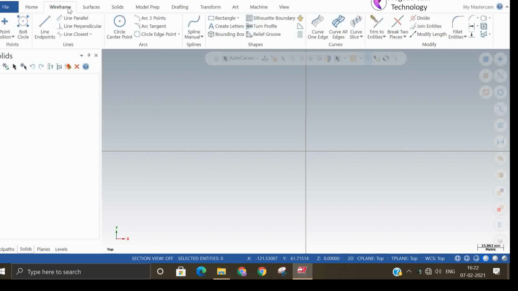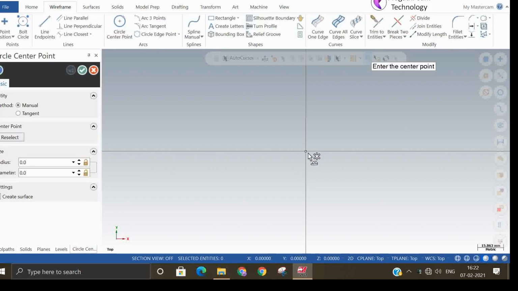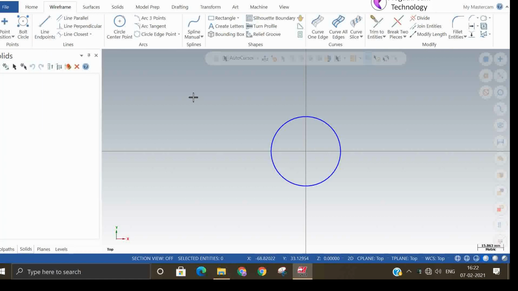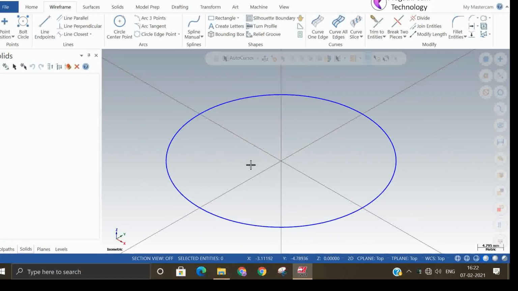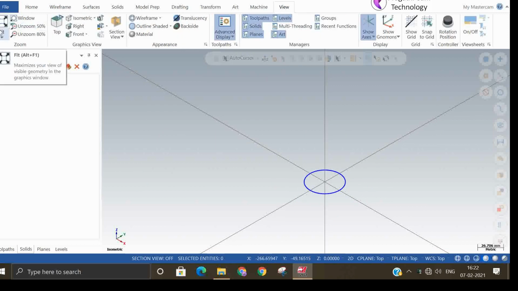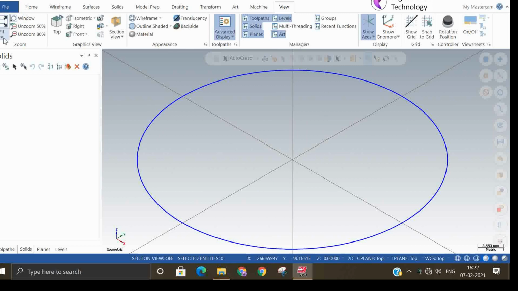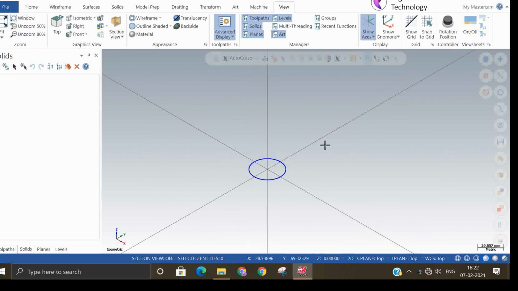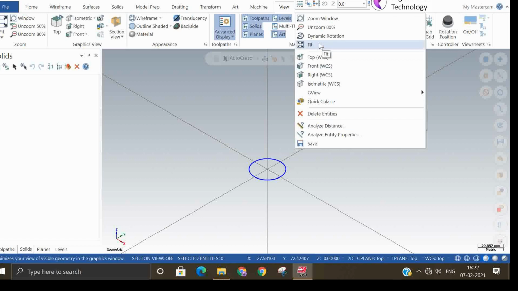In the view, whatever you draw, so we'll have one circle. In right click there is a fit command available. So wherever the position is, we can go. Just clicking on fit, it will fit to the entire screen. Now suppose there is more than one entity, you can right click and you will also get the fit command. Okay, the zoom command is also available in the right click. So all these viewing commands are in the right click menu.